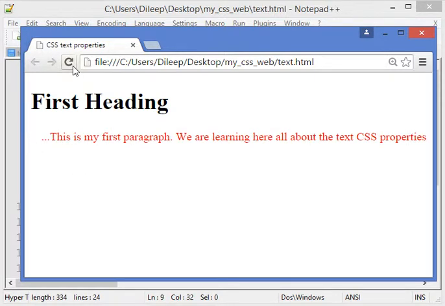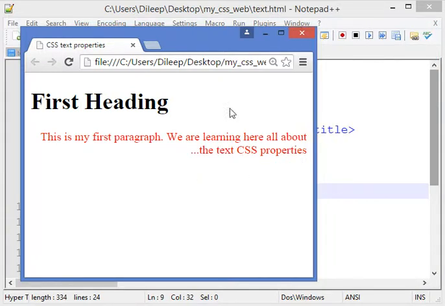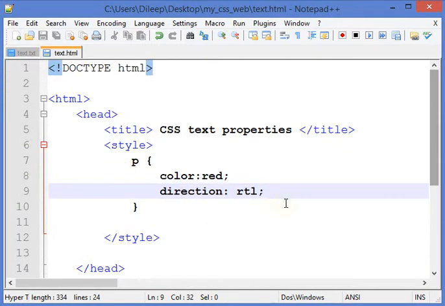When I refresh it, it becomes right to left. This is how we can use the direction property in order to change the direction of our text in a web page. Okay, so let us make it the default one, left to right.